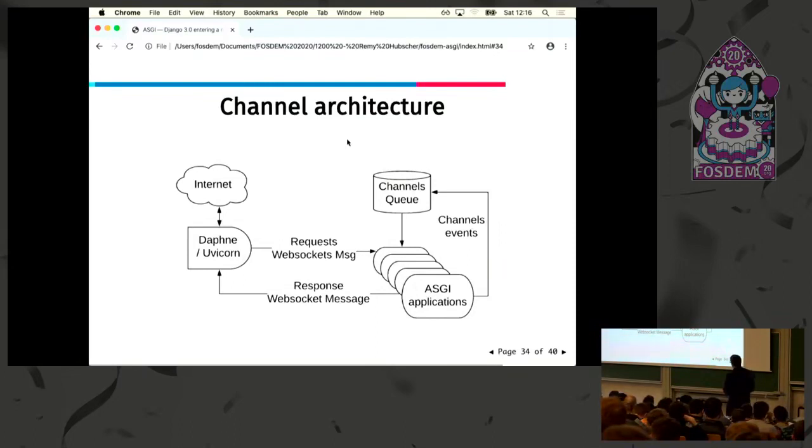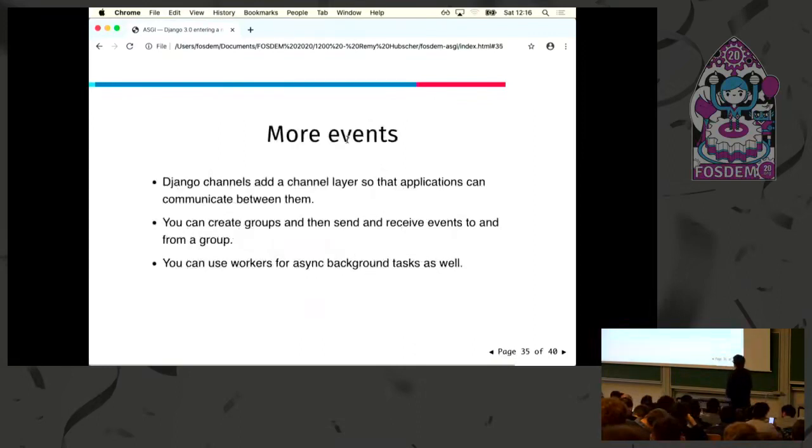And the benefit of that is that you can also use channel queues to handle other kinds of messages. I don't know if some of you are familiar with Celery or background tasks. Sometimes you want to create a thumbnail of the picture a user sends you, but you don't want to do that during the request-response handling. So you can delegate this to a worker through the channel as well, telling it, oh, by the way, when you have some time, build me this thumbnail.